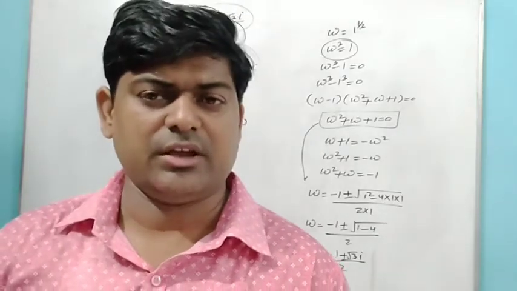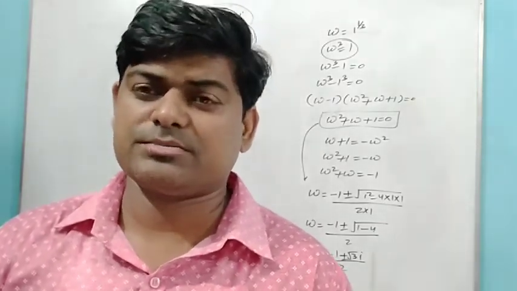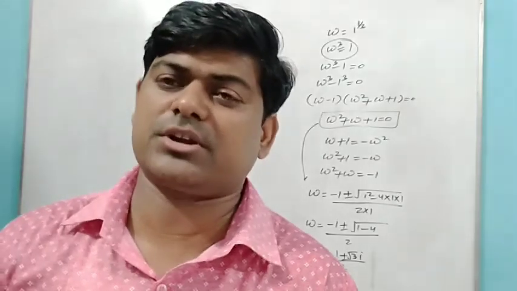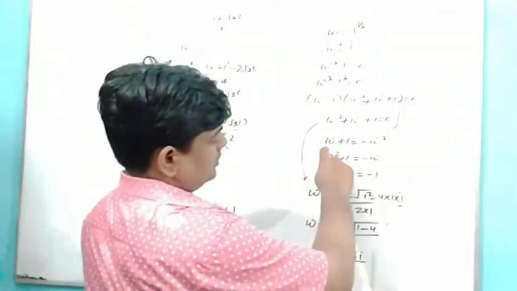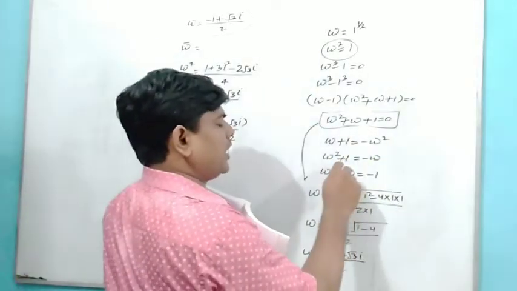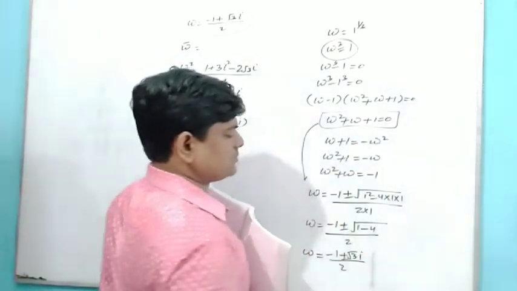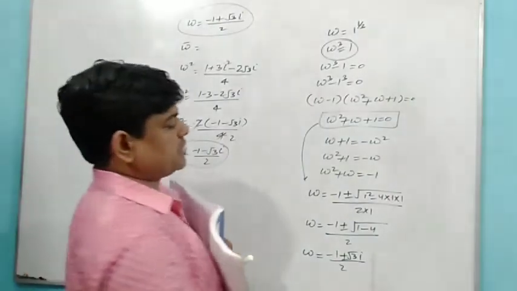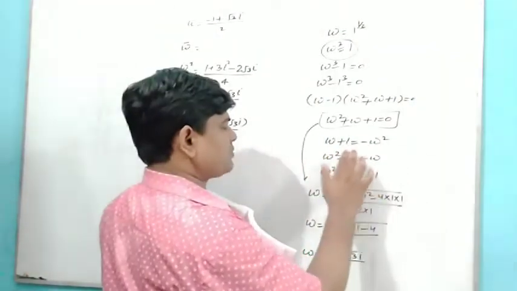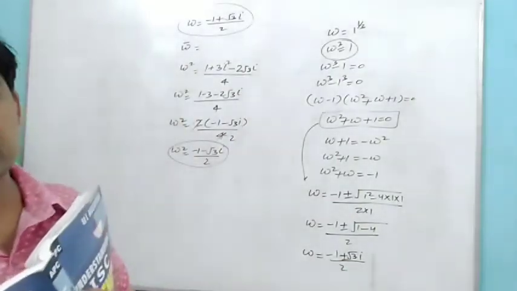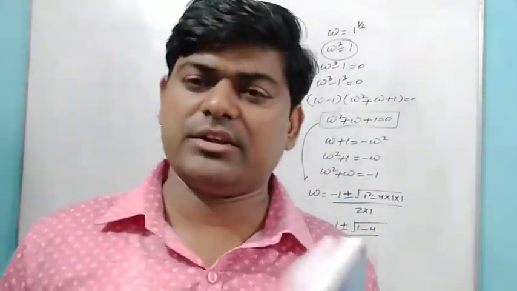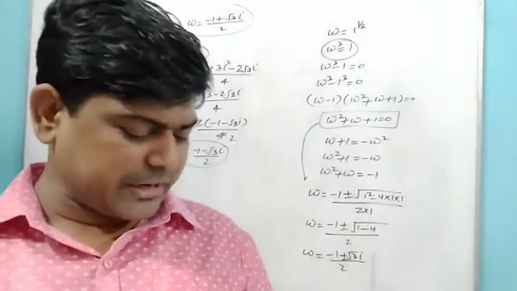First thing. Second thing, 1 plus alpha can be written as minus alpha square, and 1 plus alpha square can be written as minus alpha from this formula. In the same way, 1 plus beta can be written as minus beta square and 1 plus beta square can be written as minus beta. When we put all these things and simplify, we will get our result, that is 1. But at the same time,